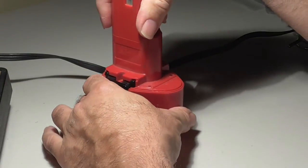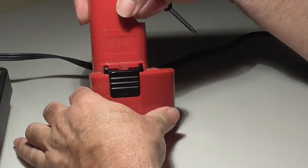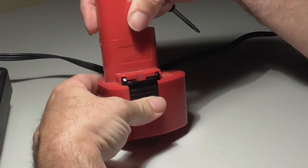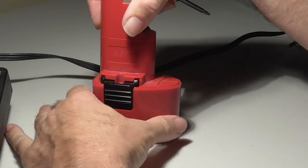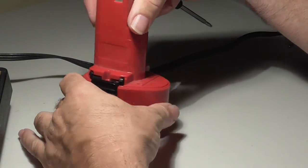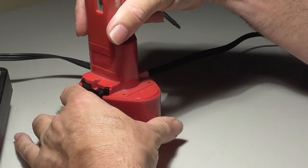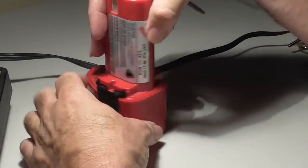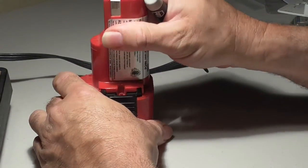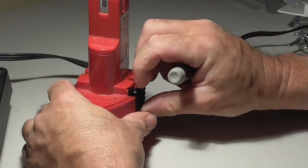Alright, so how does this thing come apart? Oh, okay, I started pulling on this as I'm saying that. These are the little side pieces to release the battery from the drill, and there might be a spring in here that might go flying when I open this up, but I'll find out in a minute. So I'm just going to put upward pressure on this thing. I don't know why it's not coming out. Maybe these pieces need to...